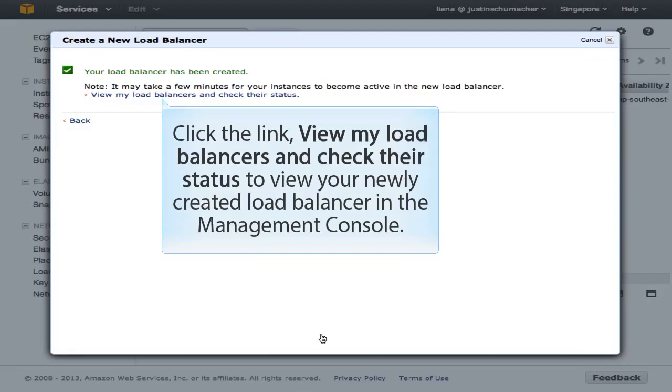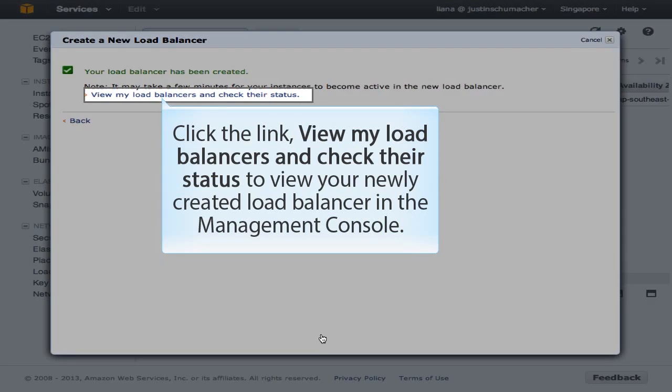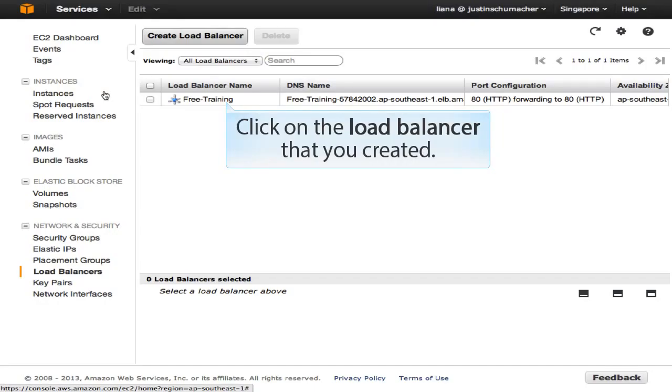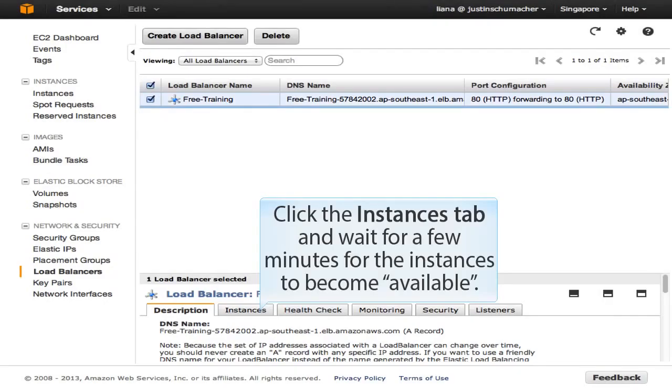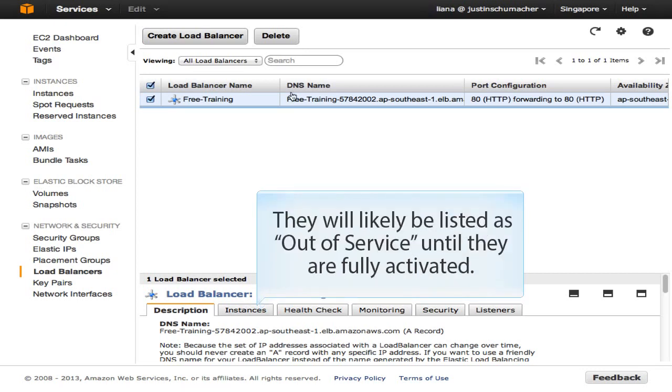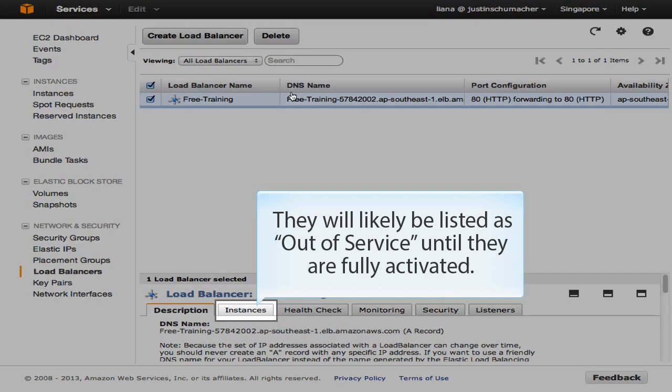Click the link View My Load Balancers and check their status to view your newly created load balancer in the Management Console. Click on the load balancer that you created. Click the Instances tab and wait for a few minutes for the instances to become available. They will likely be listed as out of service until they are fully activated.